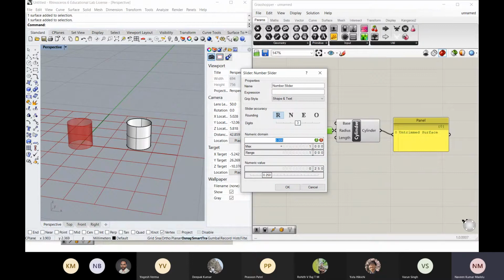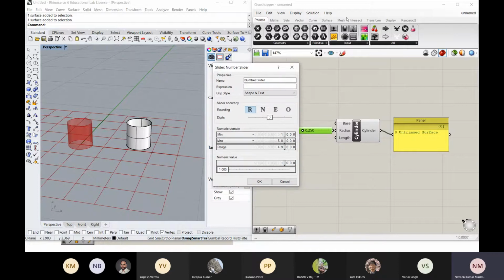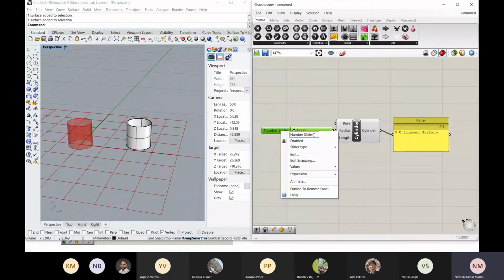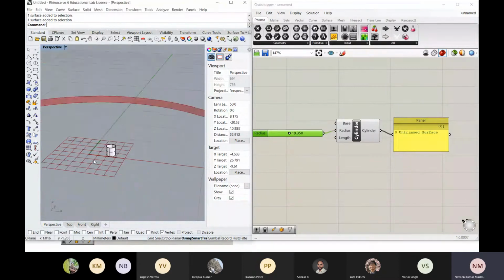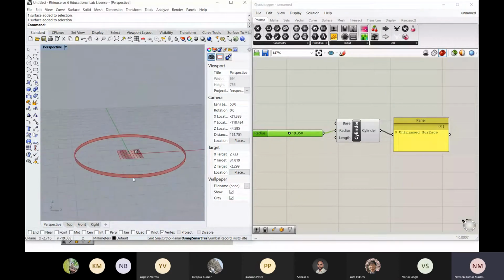Let's say I'll start at 1, and I can end at 50. Let us assume every dimension here is set in mm. I have all the settings done here. Everything I'm representing is in millimeters. You can even edit this by left clicking it. So let's say this is radius, and this is your slider, ranging from 1 to 50, as I told you. Let's have some random value and plug it here in the radius. Now see, this is the radius.